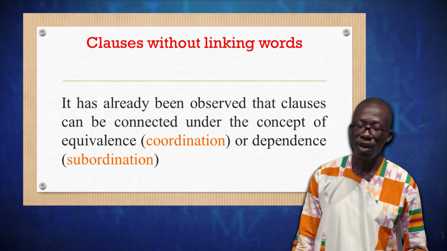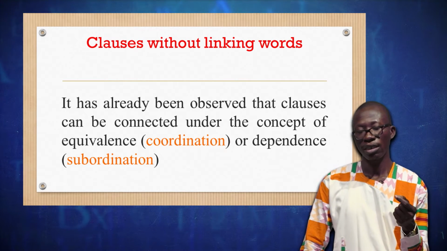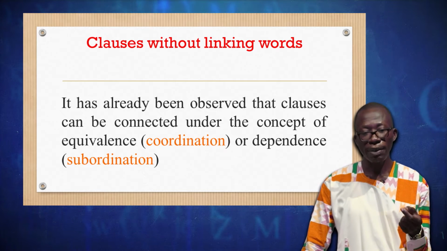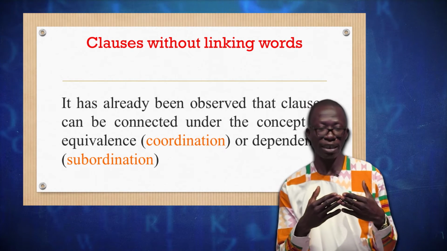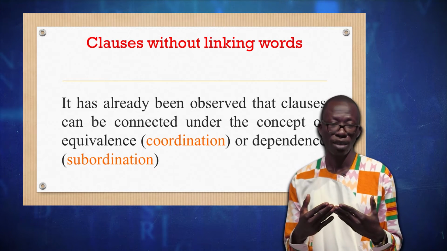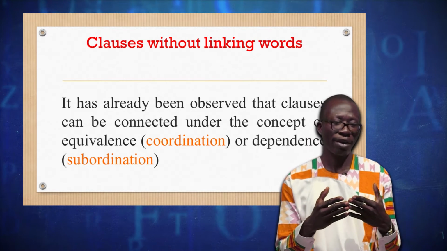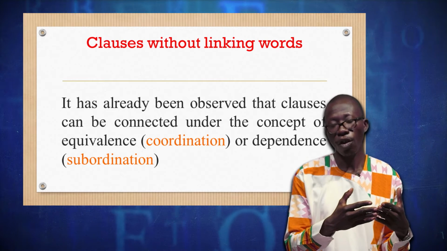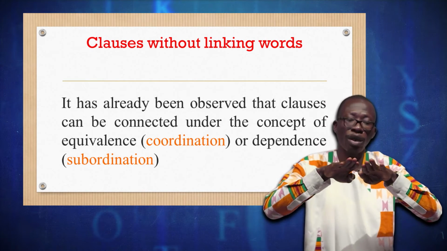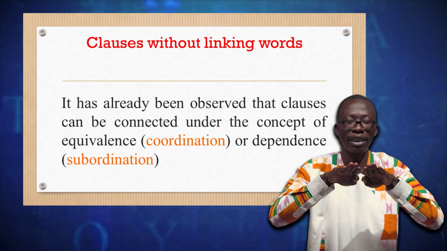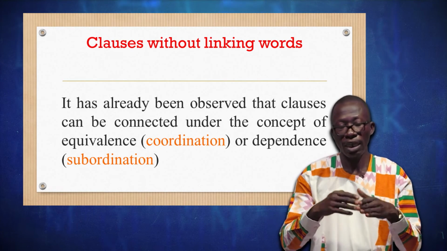It has already been observed that clauses can be connected under the concept of equivalence, that is coordination, or dependence, that's subordination. So when we are linking our message in our sentence through the clauses, we mostly depend on coordinators or coordination, where you have clauses of equal importance. So a situation where the speaker places equal importance on the clauses in a sentence,